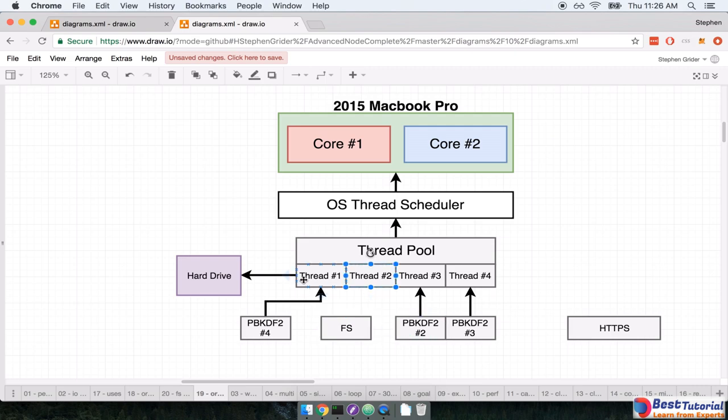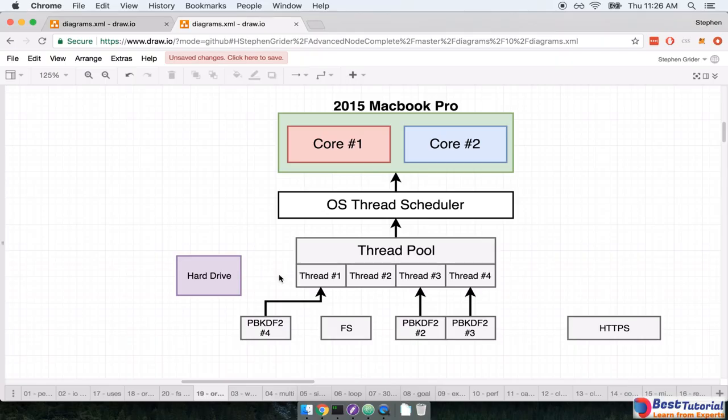Thread number 2 then looks to see if it has gotten any information back from the hard drive, like those statistics that we were just talking about. And in this case, yes, it has. So then those statistics, I know this diagram's starting to get crazy, but you can imagine that these statistics come back into thread 2, and then thread 2 starts continuing work on the file system call. It then makes another follow-up request to the hard drive to get the actual file contents, but this time